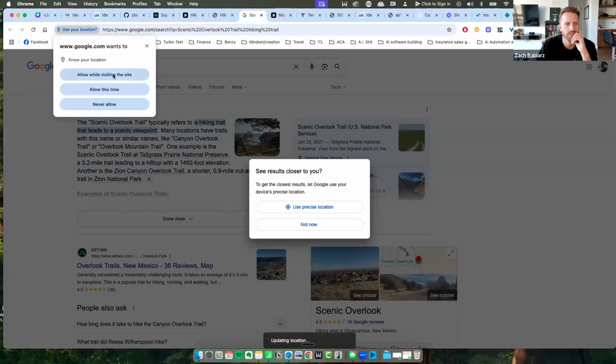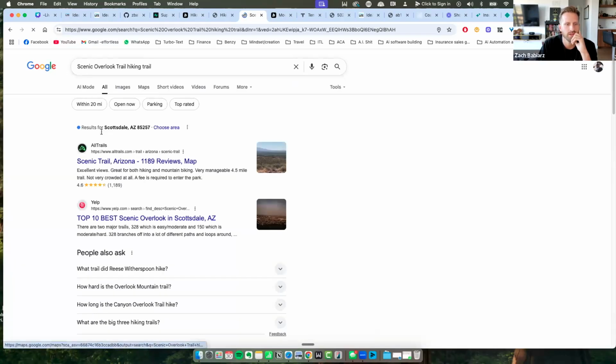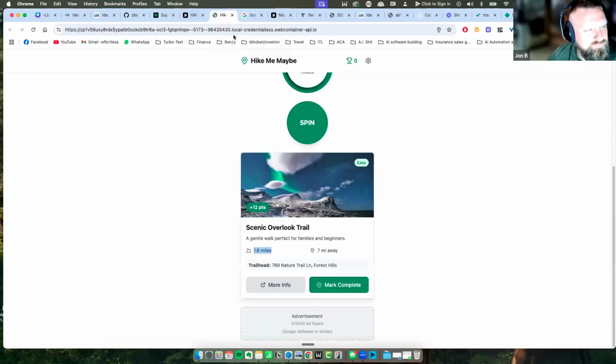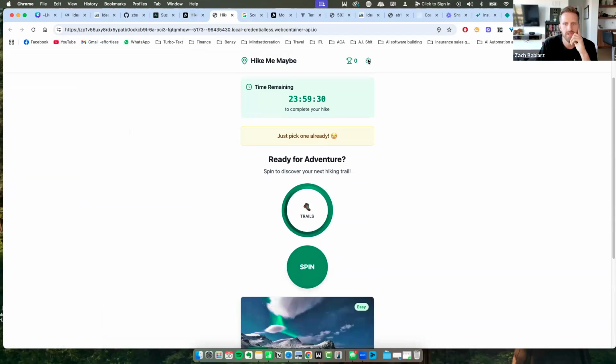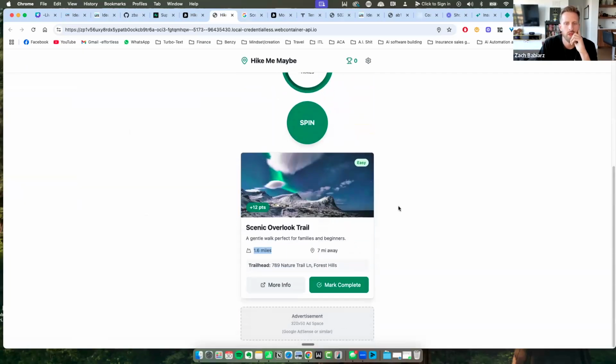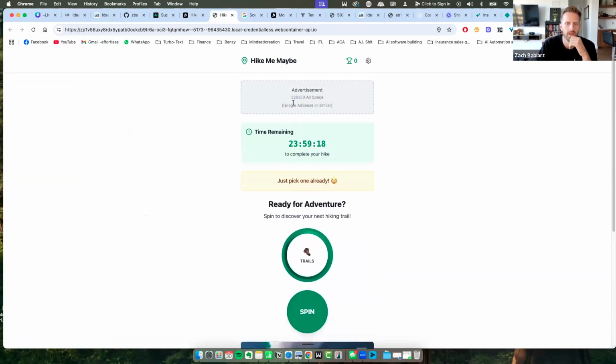Use precise location. Interesting. Okay. All right. Well, very cool. It's a good start. It's got settings. This is almost a fully done app, which is crazy. All I would change is, yeah, dark mode, make this real, make it actually real and based on your location. Maybe I'll throw some Google AdSense in here and